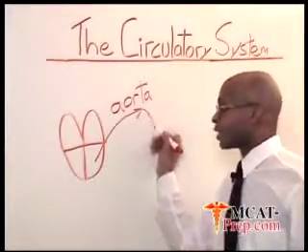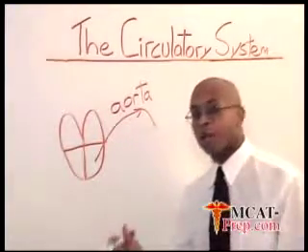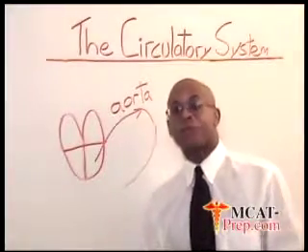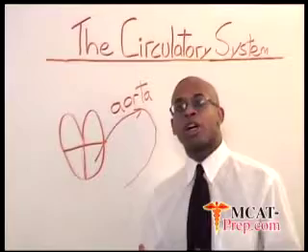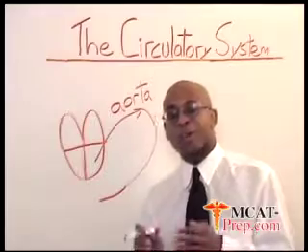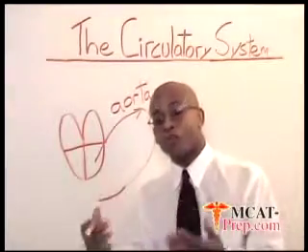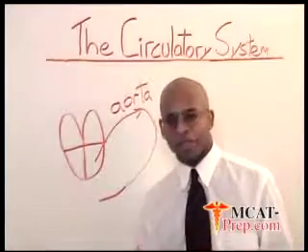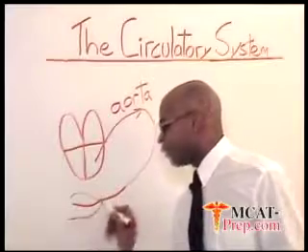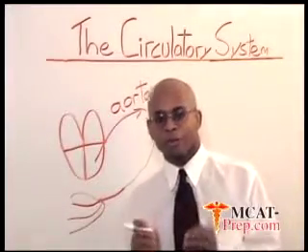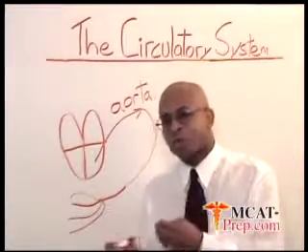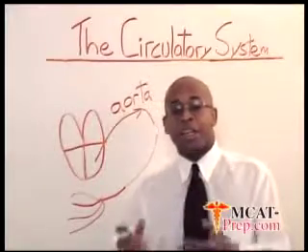So the aorta will subdivide into smaller arteries. And those smaller arteries will again subdivide into even smaller arteries called arterioles. These arterioles will then subdivide further into capillary beds. Now, capillaries are tiny, very thin-walled vessels. You have to imagine your entire body has to have some sort of exposure to blood in order to have